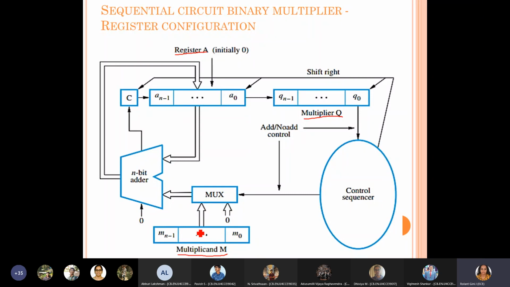This M will decide, the mux here will decide at any point of time whether the value of M should be added with the previous partial product, or 0 should be added. That means when there is no need of addition, right? When there is no need of addition, can anyone tell me? When there is no requirement to add here.